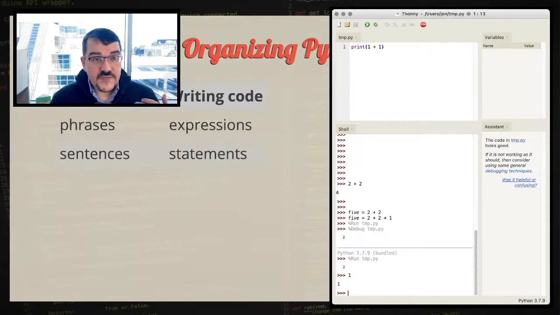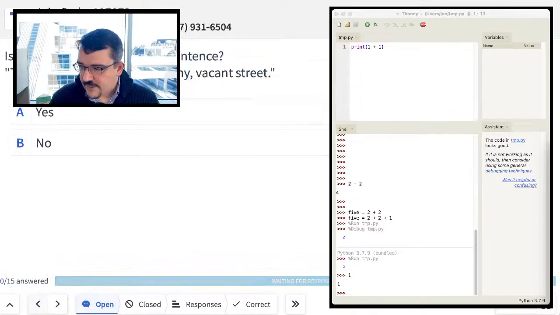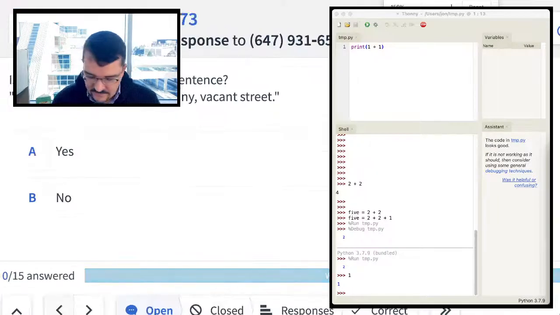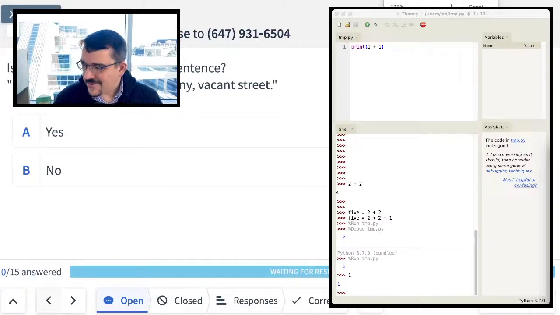Okay, so we've seen phrases are kind of like expressions, and we've seen that sentences are kind of like statements. Let me ask you a question. And this is not so much a programming question as it is a grammar question. And when I say grammar, I don't mean programming grammar or Python grammar. I mean,